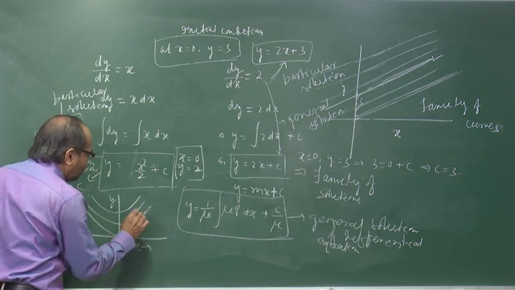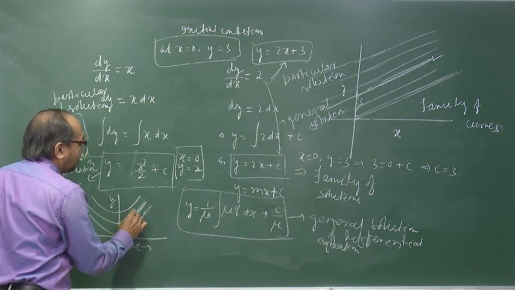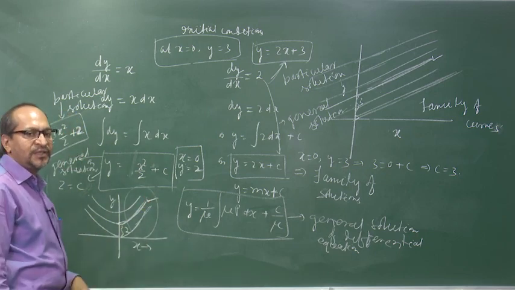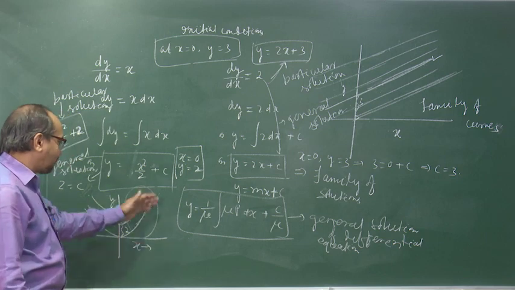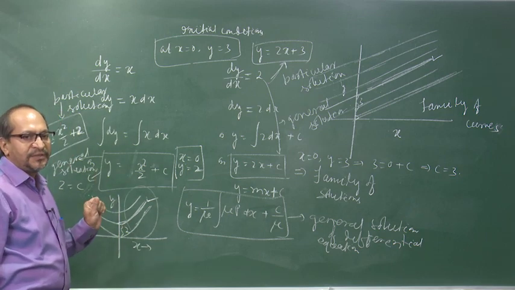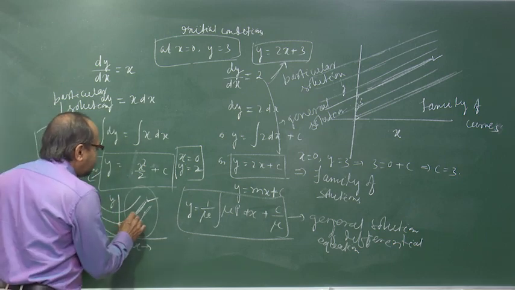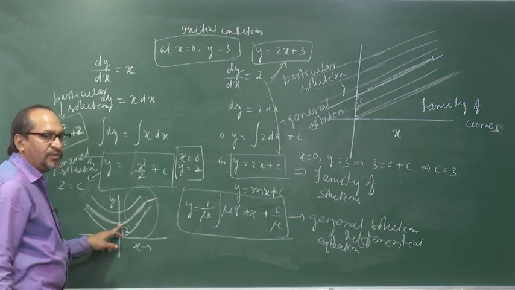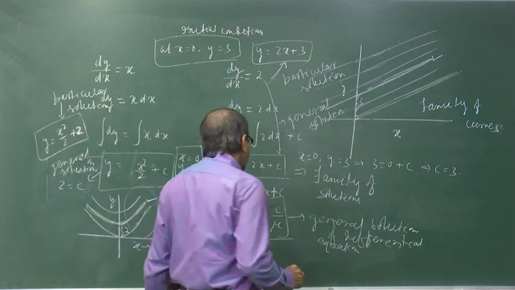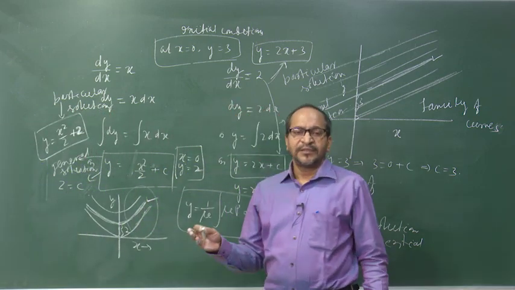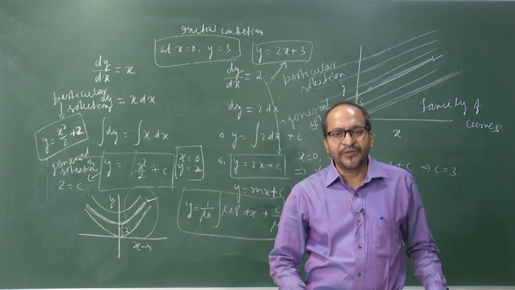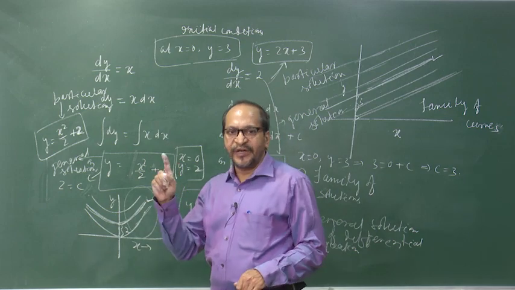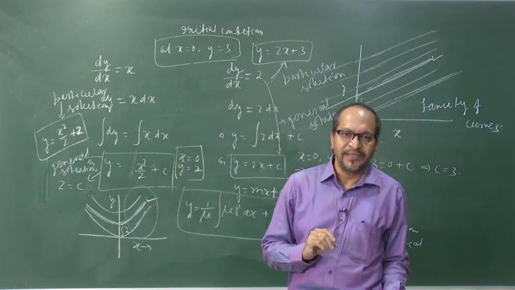So, if this is 2, then this is the graph that gives the particular solution, while this family of curves gives the general solutions. All this family of curves gives the general solution, while here this curve gives the particular solution when x is equal to 0, y is equal to 2. So, in other words, for the particular solution, the curve will pass through a particular point which is defined by the initial conditions.